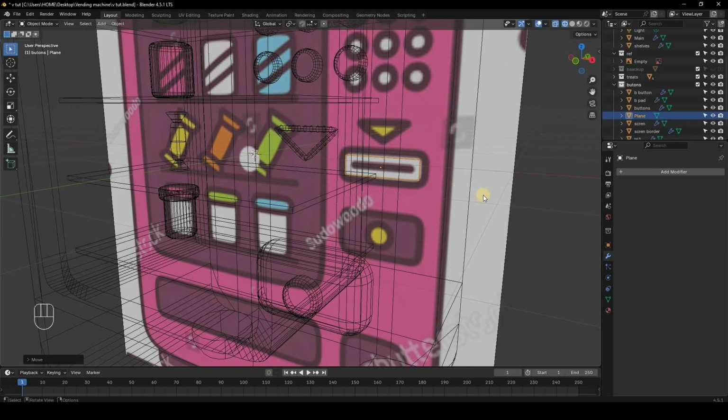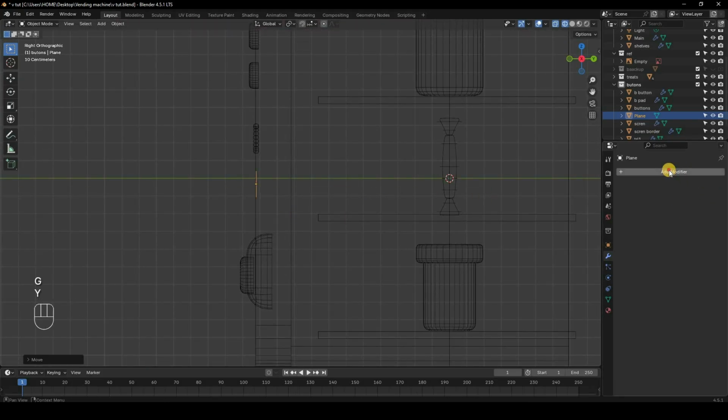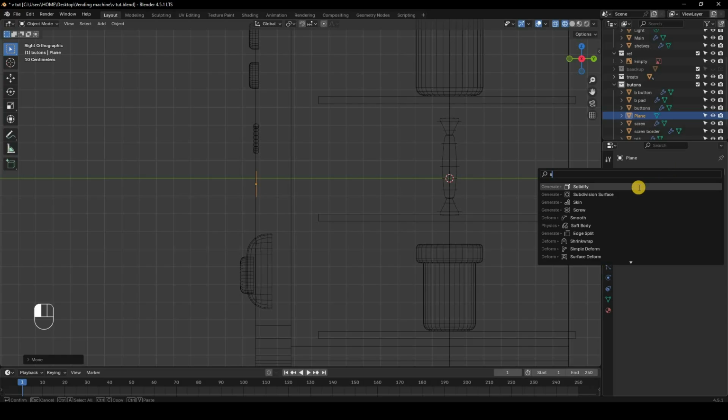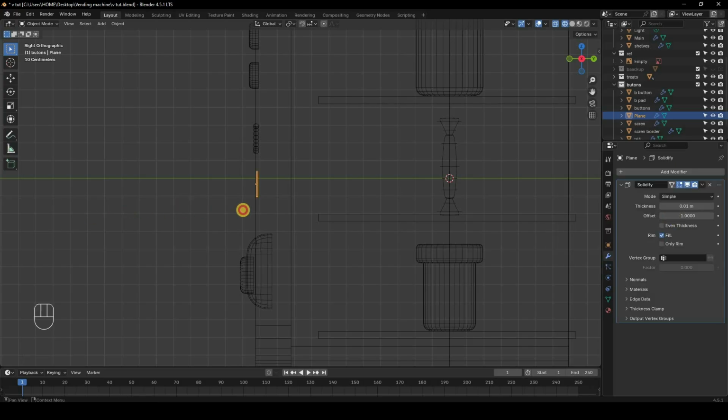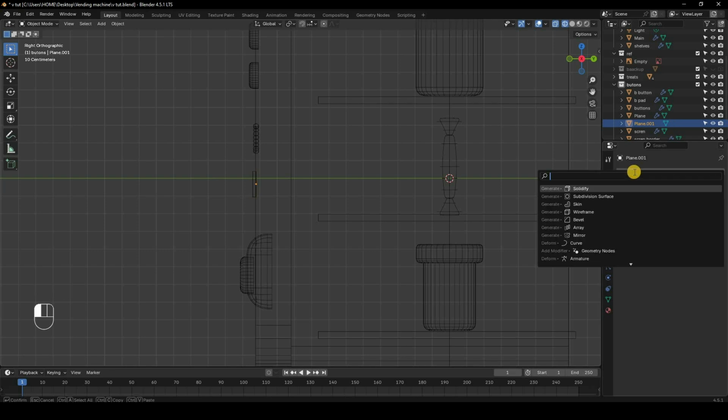So I'll just G and Y and move it about over here, give it a solidify modifier, and the thickness should be outside, so the offset is 1, and I'll just give it 0.02. I think that looks good. Then we'll just duplicate it, and this time I'm going to remove the solidify modifier, and